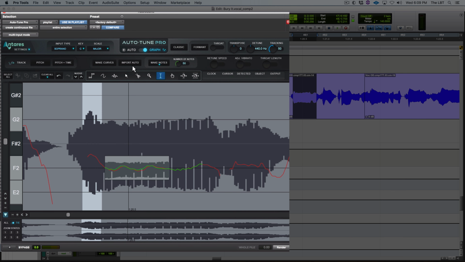So I'm going to highlight that. I'm going to make a curve, and then I'm just going to grab that and just come down here. Just kind of get it to not land quite as sharp. Pull this over a little bit, so connect it. Great, and then